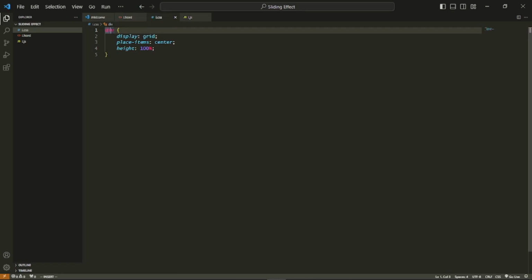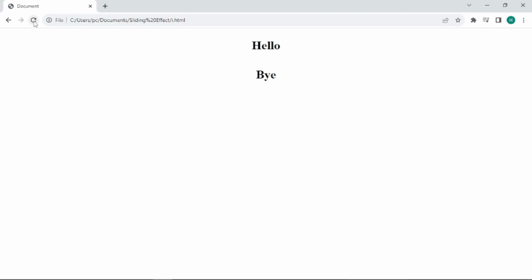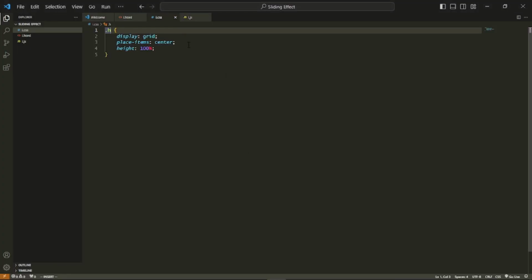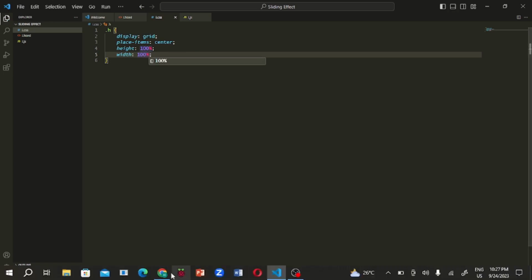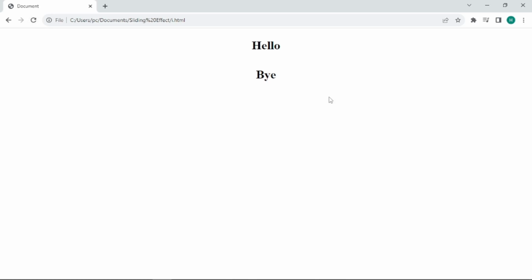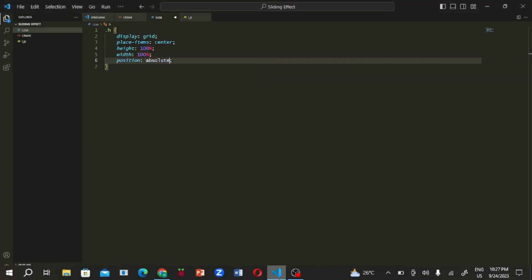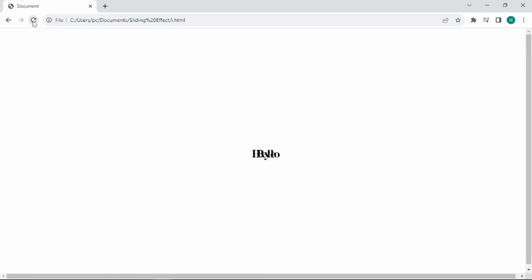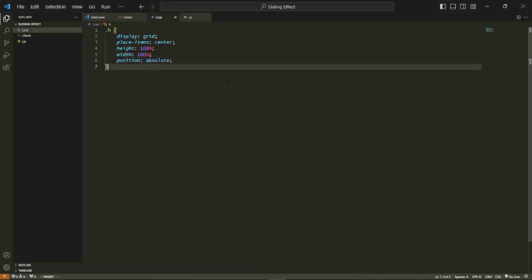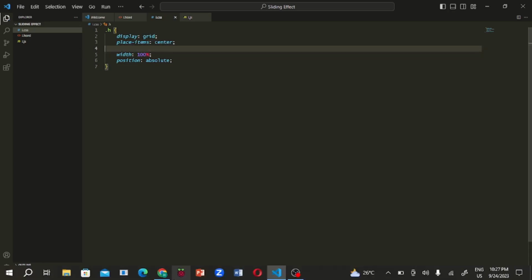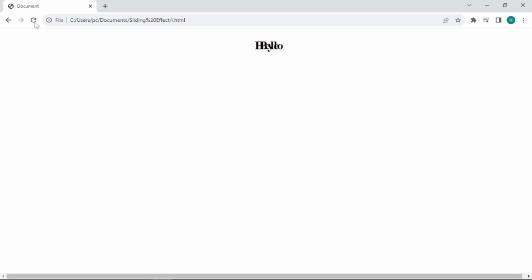Wait, this is meant to be .h, not div. Set the height to 100%. Then I'll set the width to 100%. There we go. It's not centered yet. And then lastly, I'll set the position to absolute. There we go. Anyways, after I've done that,